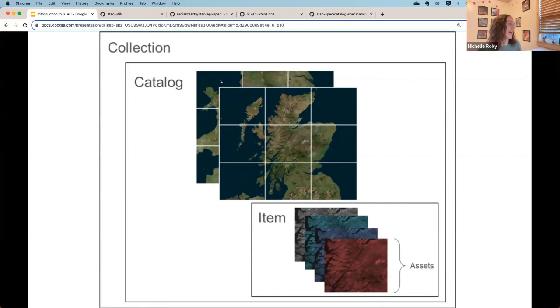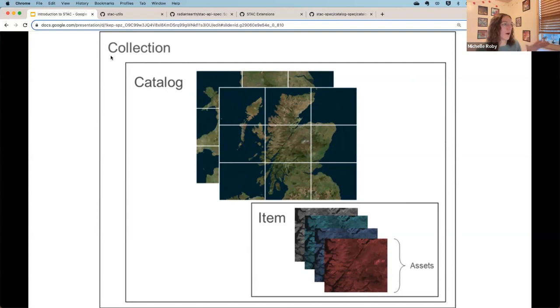So here we have the groupings, and based on what I've talked about this might seem backwards, but sometimes we'll put additional catalogs inside their collections. So if you had additional ways that you wanted to be grouping your data, you might have a collection that has a catalog within it.